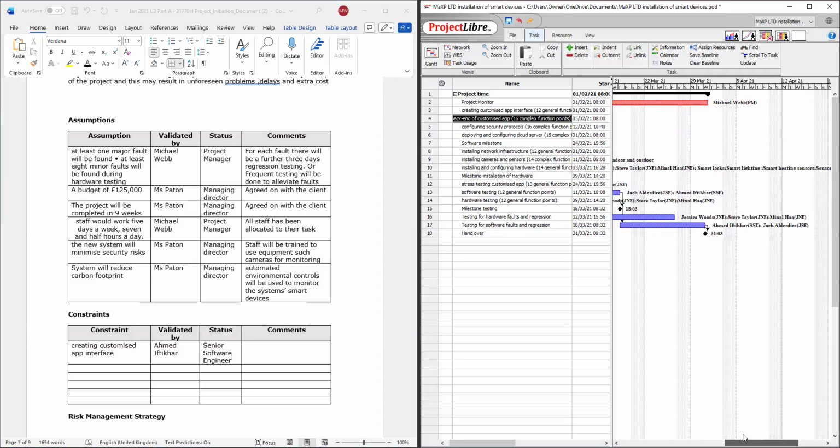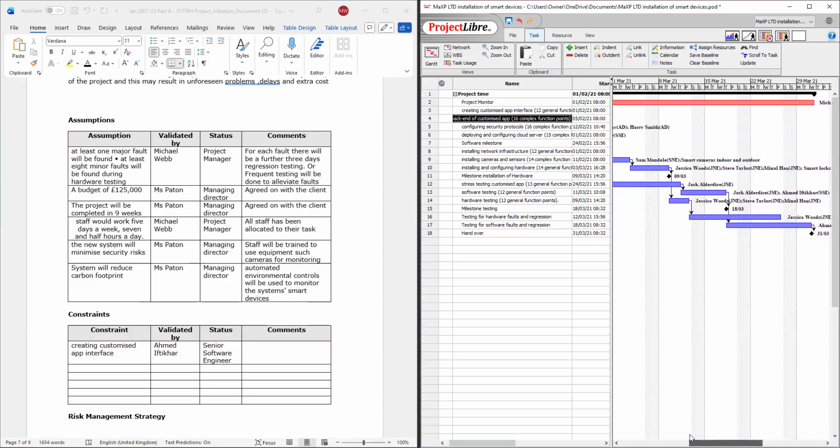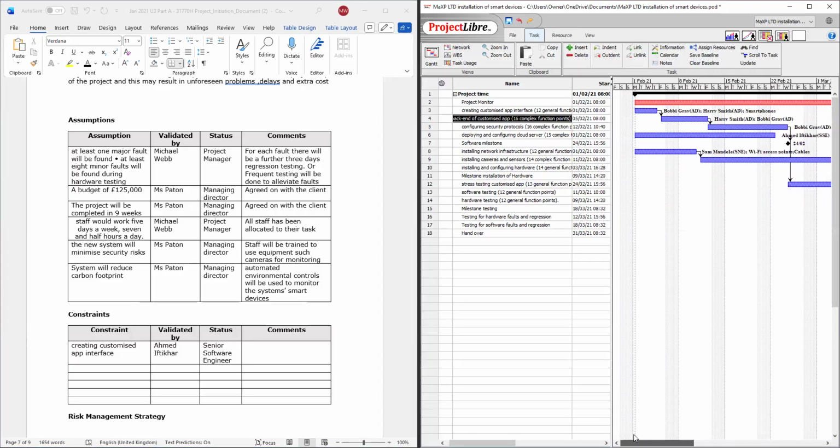Yes, it's going to affect it, so you'd say this is a critical task.